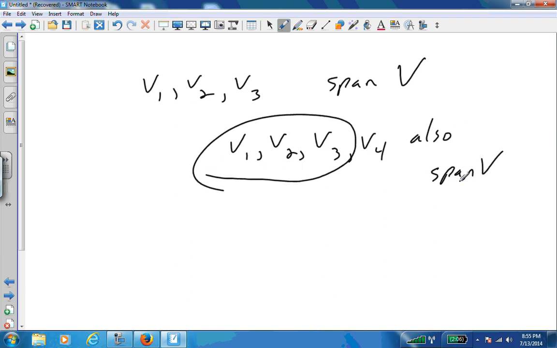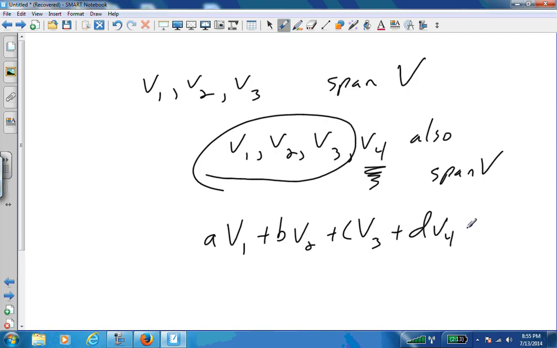If those by themselves span V, then having another vector with it is not going to make it not span. If you think about it, if we do something times the first one, something times the second one, something times the third one, if those span V,